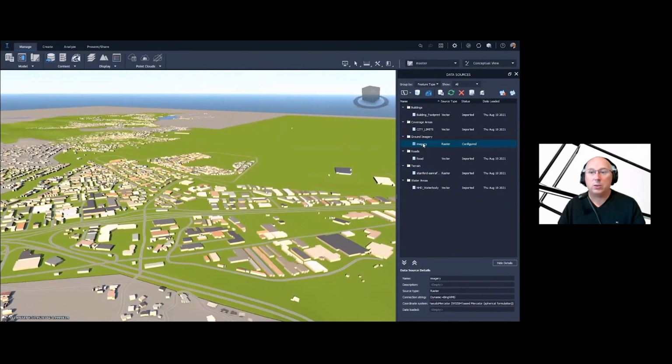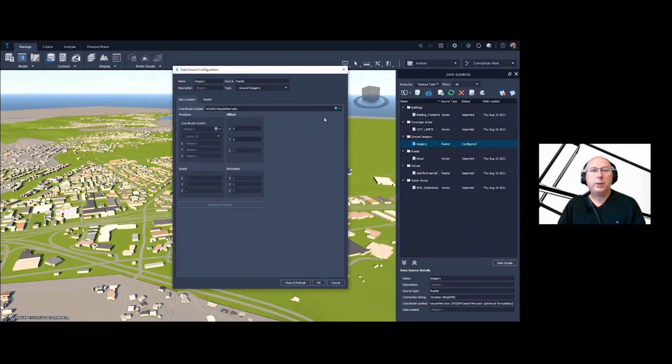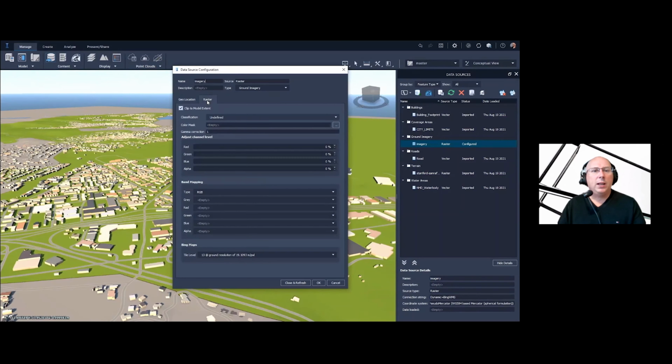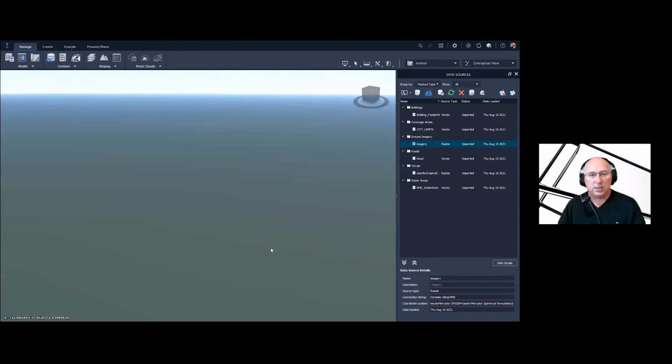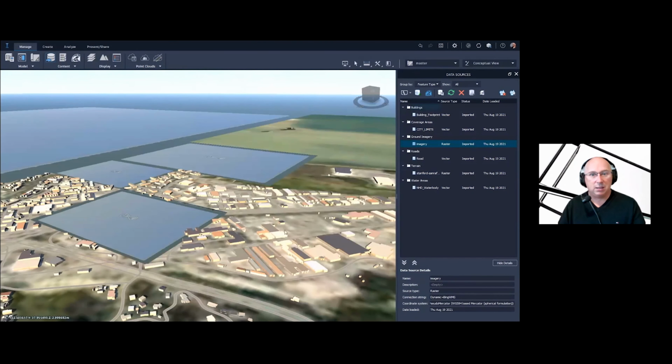So let's go in there. Now, it's not configured. There's something we've got to do. Now, it's ground imagery. That's fine. That's correct. But you know what it is? It also needs to be classified. So we can use topographic map, a satellite, aerial. In this case, we're going to pick aerial because that's the type of data we have. And that will come through, and you'll see the aerial render from Bing. So it's downloaded all the imagery from Bing, and there it is in our background.